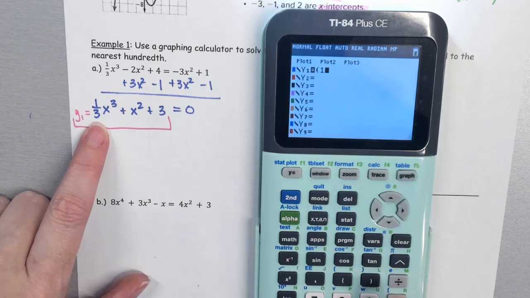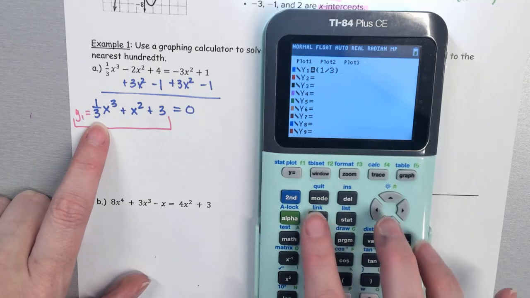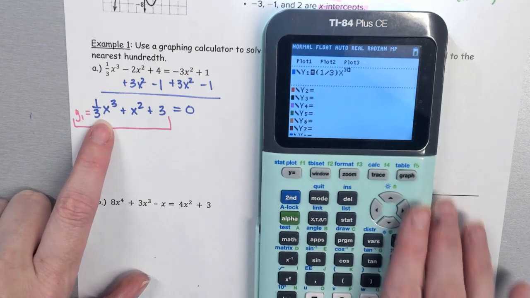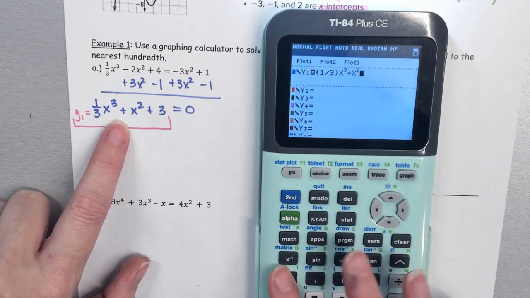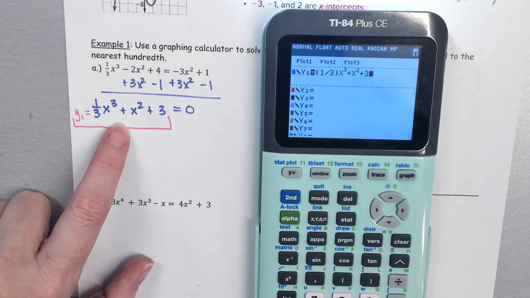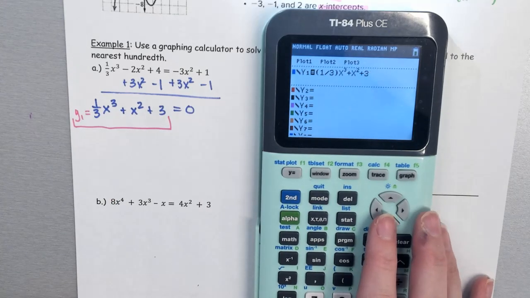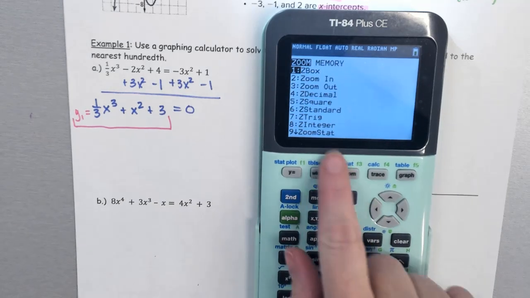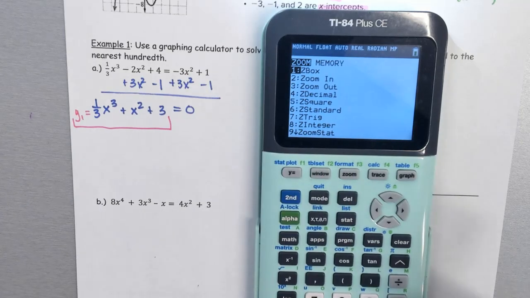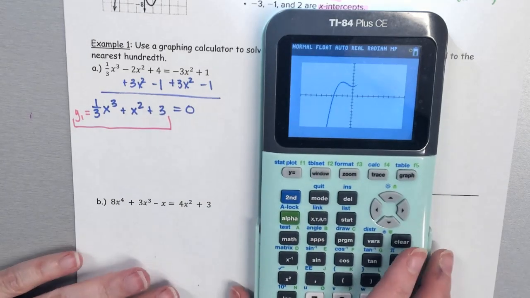The 1/3, you can just put in parentheses, x to the 3rd power, okay, plus x squared plus 3. Okay, and then if you just go to zoom and then your standard, which is 6, you should be able to see